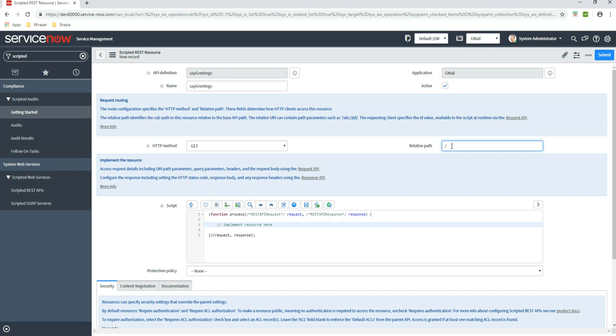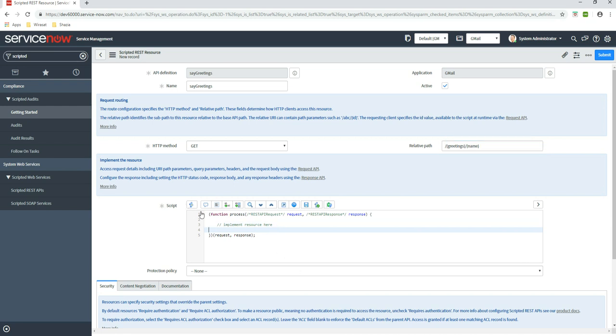So for this I'm going to pass two parameters, and the parameter needs to be enclosed in curly brackets. So the first parameter would be maybe just greetings, and the second parameter would be name. And again I need to use curly bracket for that. So I'm going to create this name,